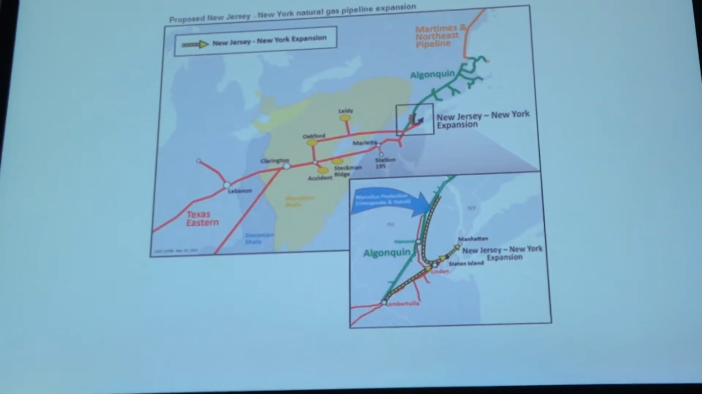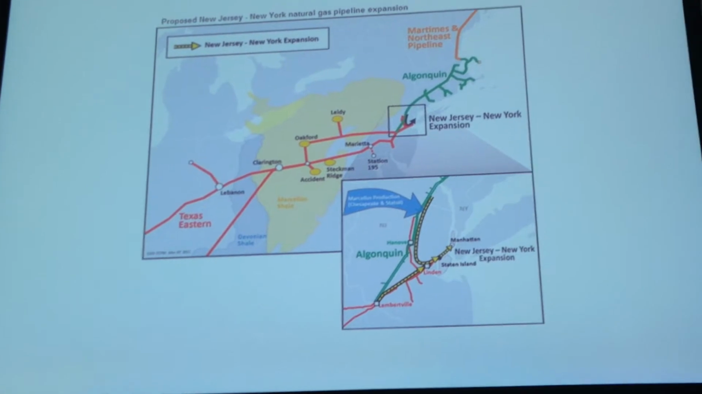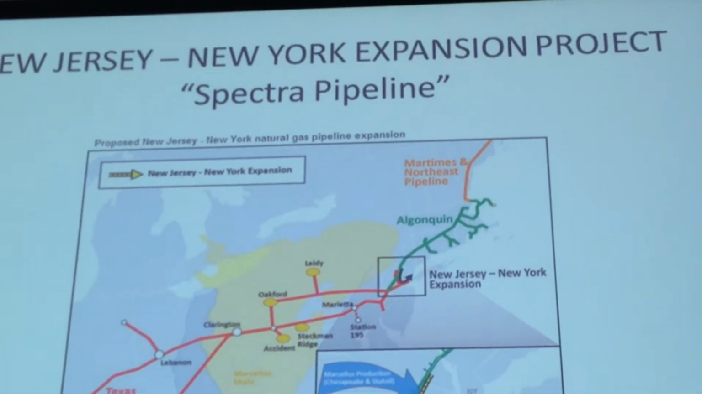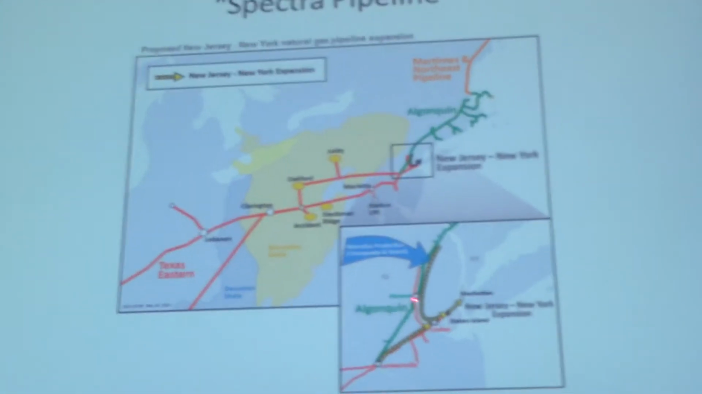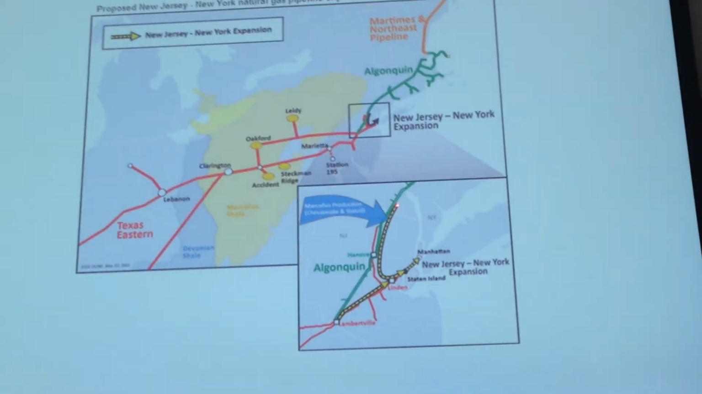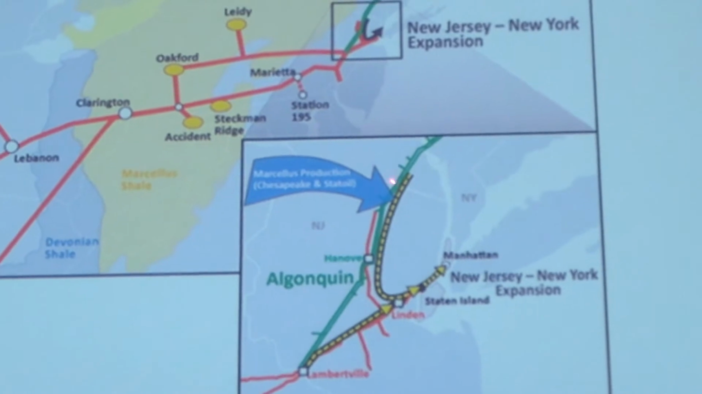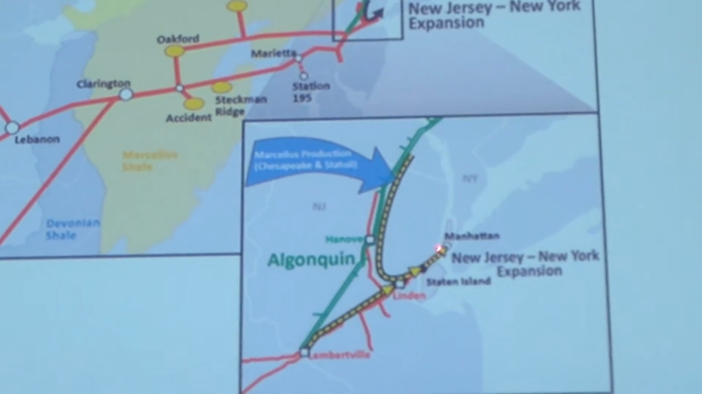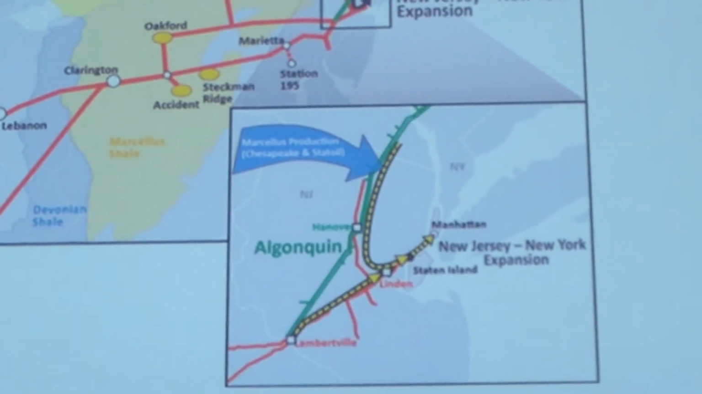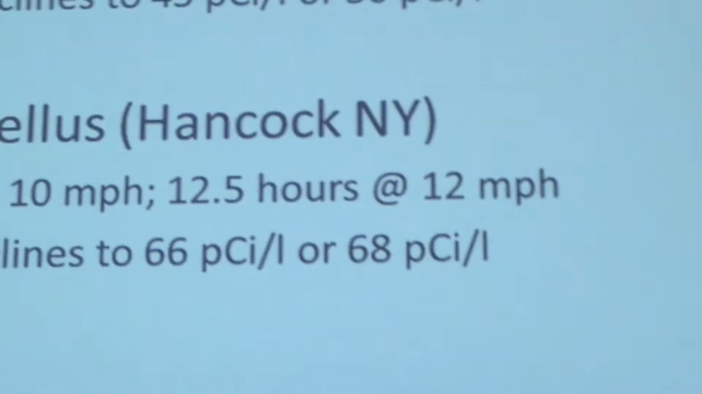This is the detail on the Spectra pipeline. Here's the piece I was talking about that's going to carry Marcellus gas from anywhere up in this area where Ramapo is down into Linden and then into Manhattan at the Gansevoort Peninsula. Okay,